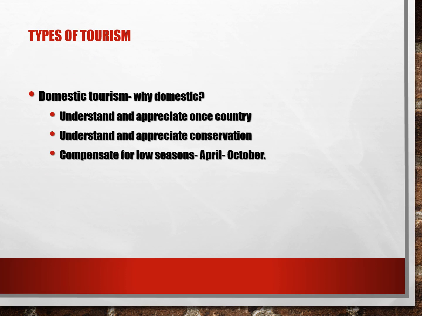So from there we look at types of tourism briefly. Now, one type of tourism is domestic tourism. Domestic tourism is where you are visiting areas within your same country, moving from one area of your country to another area of the same country for tourism. Why do you need to encourage this? One is you are able to appreciate your country. You visit Kenya, you go to the coast from Kisumu or from Turkana County, you see the beauty of this country, and that way you are able to appreciate your own country and even become more patriotic to your country.